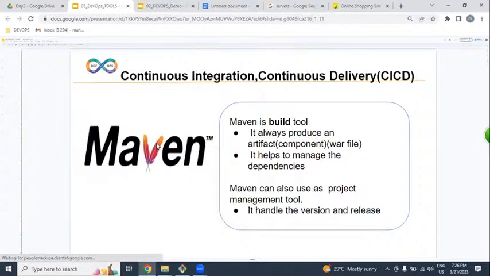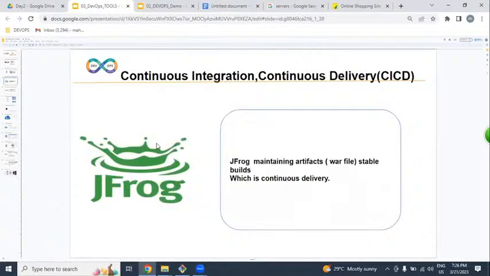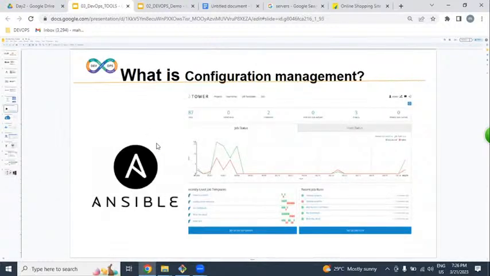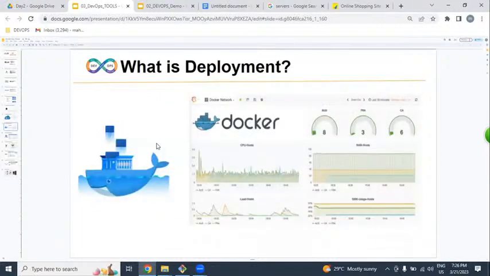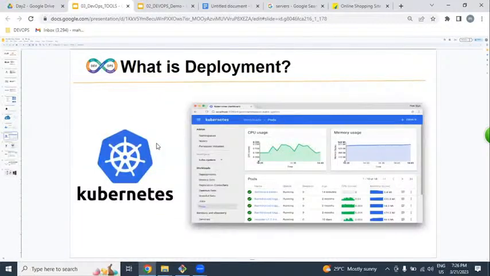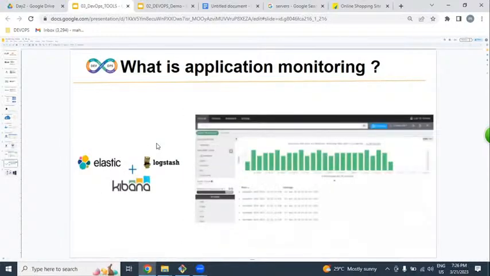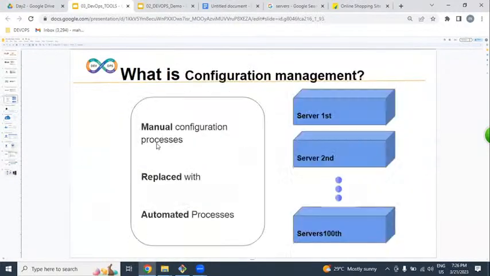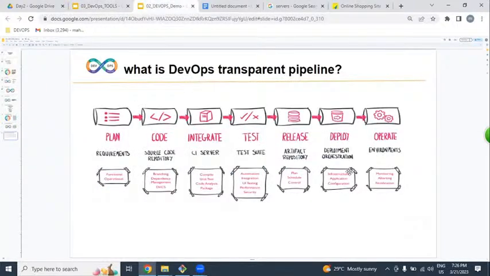Git, Maven, Jenkins, JFrog, SonarQube, Ansible, Azure Cloud, Docker, Kubernetes, Vagrant, Nagios, ELK, Elasticsearch, Logstash, Kibana, Terraform.